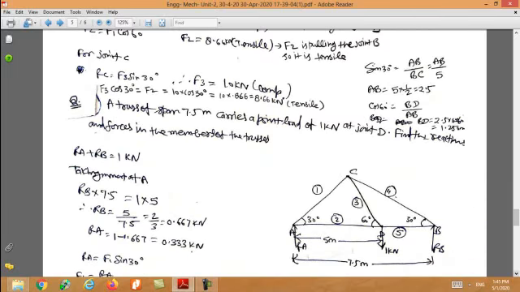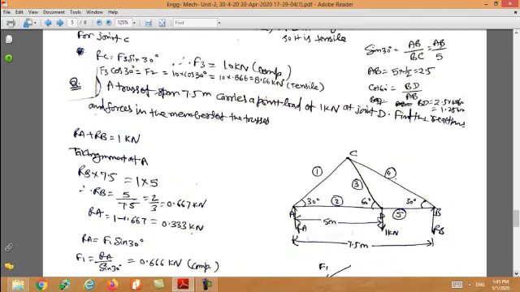In the same way, again a different truss here. So 1, 2, 3, 4, 5 members, and number of joints 1, 2, 3, 4. So you can also check that it is a perfect frame. Apply the formula n is equal to 2j minus 3, and you can see both sides the value will be equal. It means the frame should be perfect, because it is the assumption. So it is a truss of span 7.5 meter, carrying a point load of 1 kilonewton at mid. So find the reactions and the forces.